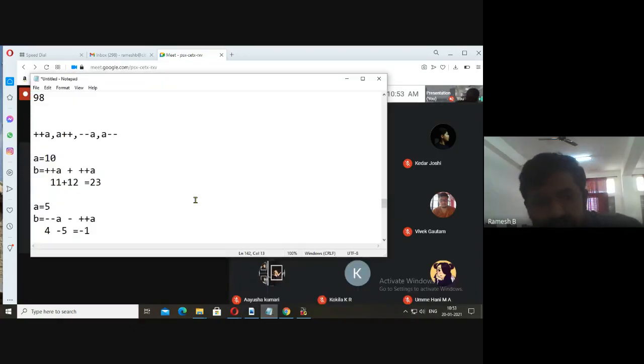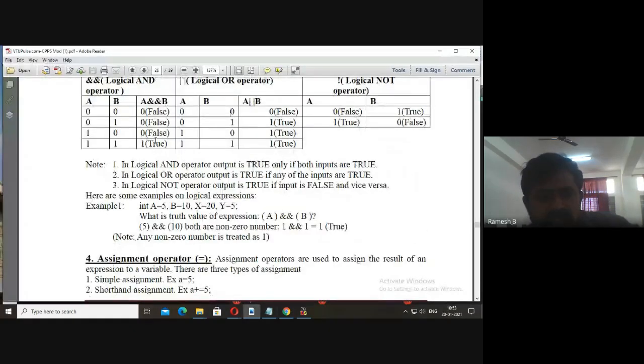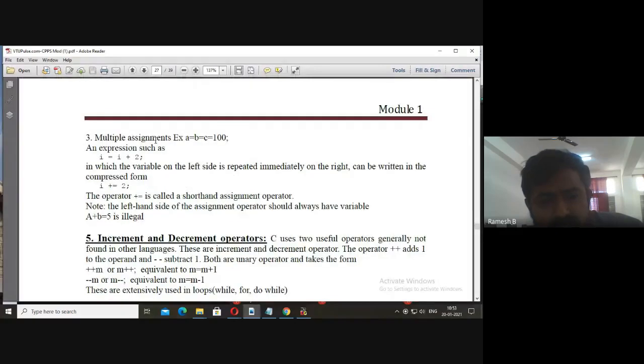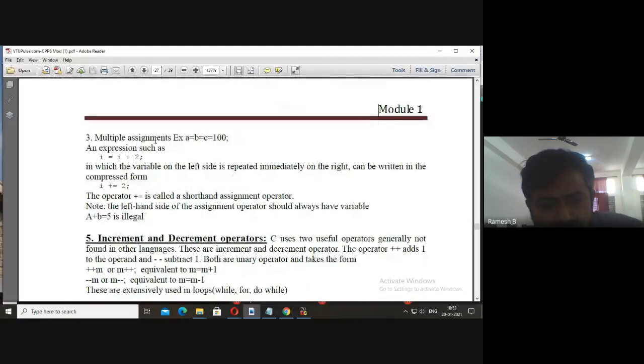So in this class you learned logical operators: logical AND, logical OR, logical NOT. Next, assignment operators, including shorthand assignment operators.